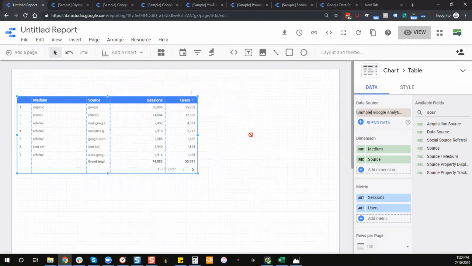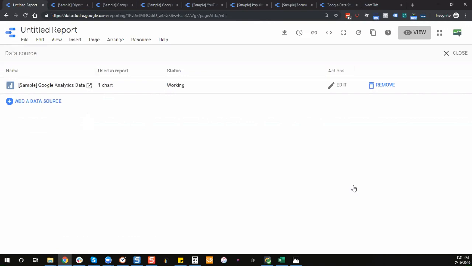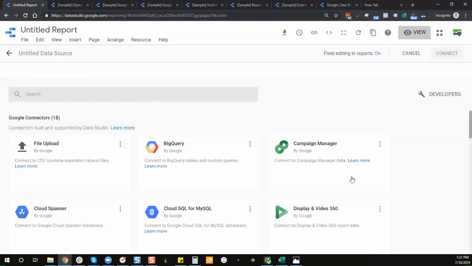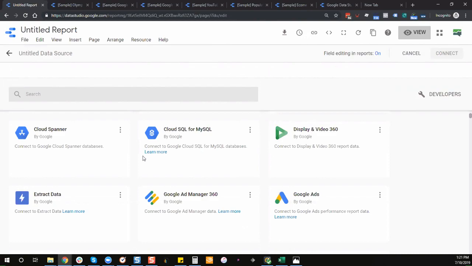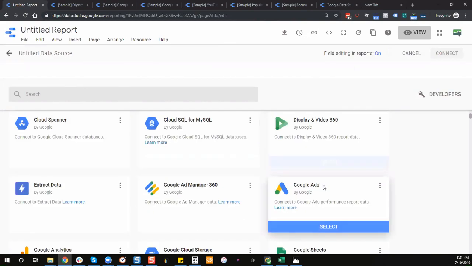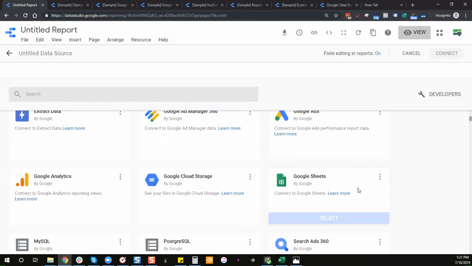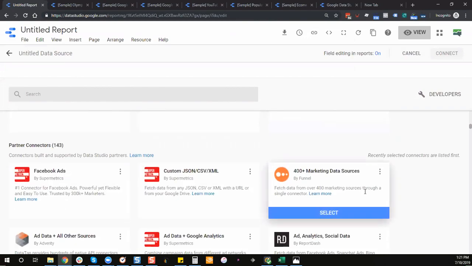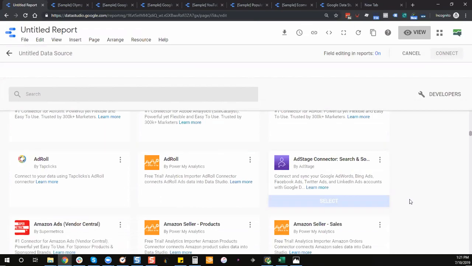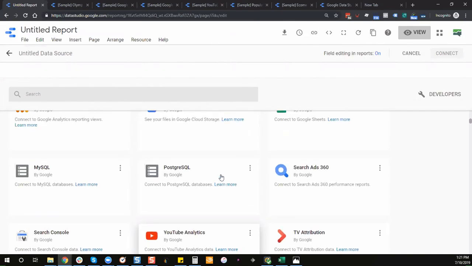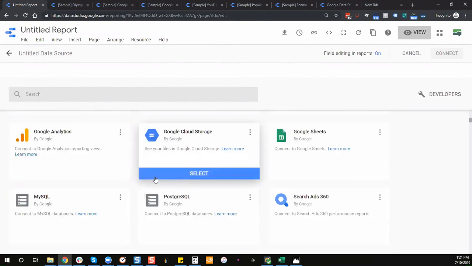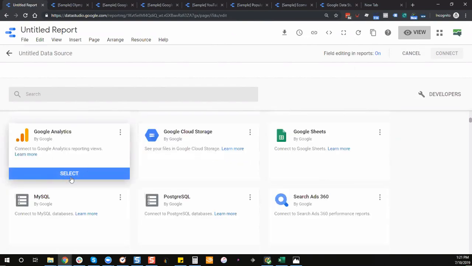So I'm going to go to Manage Added Data Sources, and I'm going to add a data source. And this is where you see all of the different connectors that Google Data Studio has access to. Obviously, the ones at the top are mainly all the Google ones, and then you can see that there's quite a few down below. And these are constantly being updated. And as with anything, if there's something that's already built in to make your life easier, we absolutely recommend you use that built-in,